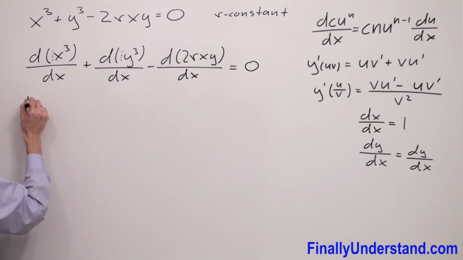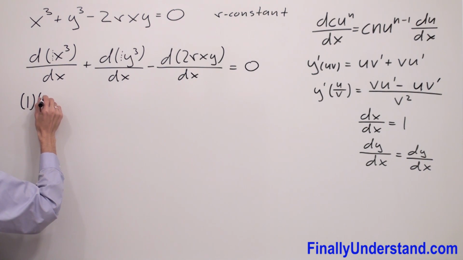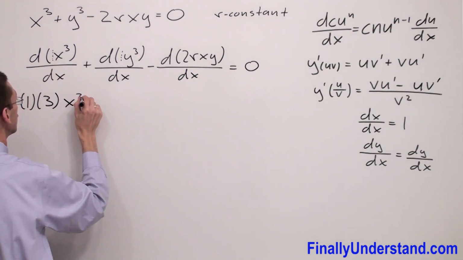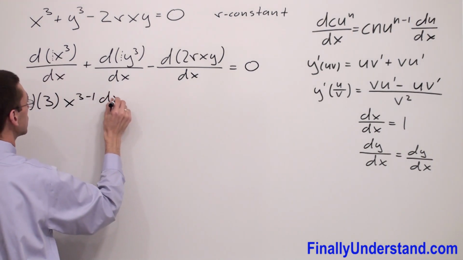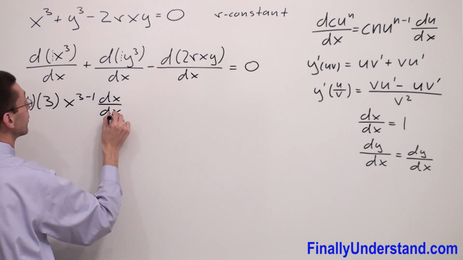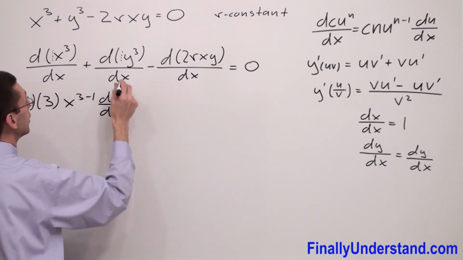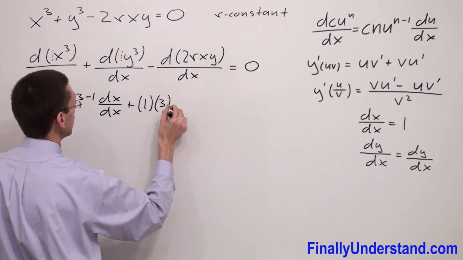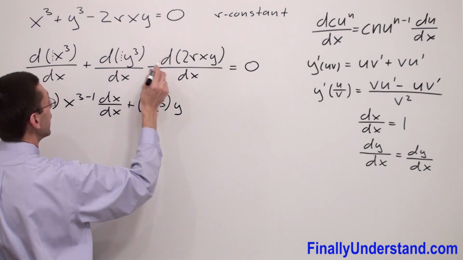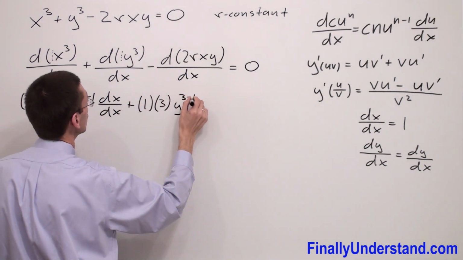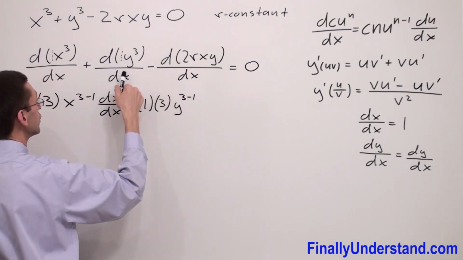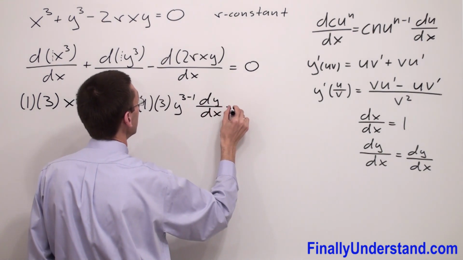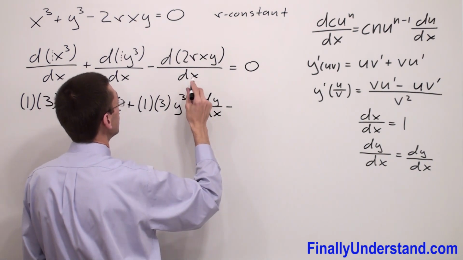So I have constant 1 times the power 3, x to the power 3 minus 1, and in this case, I have dx over dx, plus constant 1 times the power 3, y to the power 3 minus 1, and the derivative of y with respect to x, dy over dx, minus the derivative of